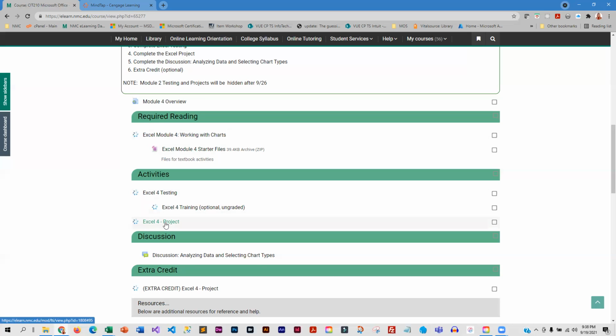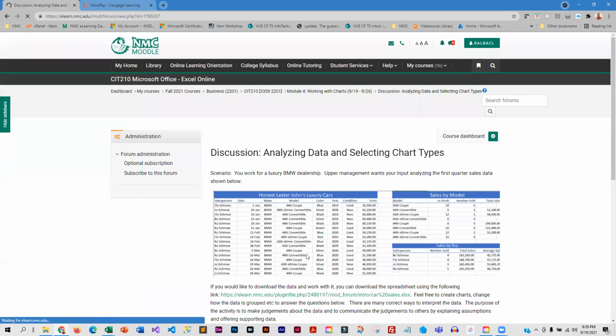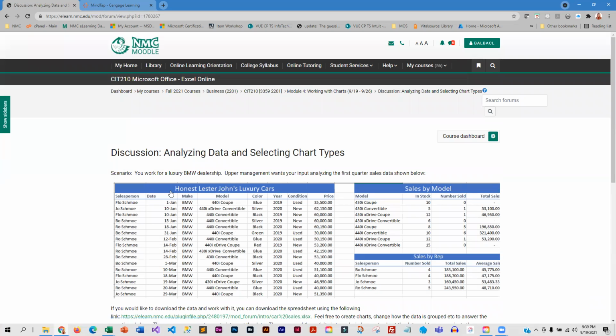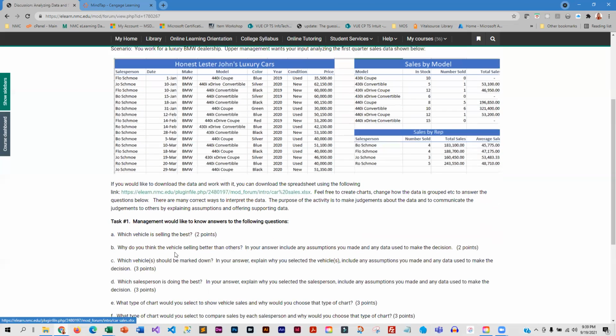Once you finish that project, if you would like to do the extra credit, you can, totally optional. And we do have a discussion that is required. And for this discussion, there is a file that you can download. And you basically have to look at the data, indicate which vehicle is selling best, why do you think it's selling better,